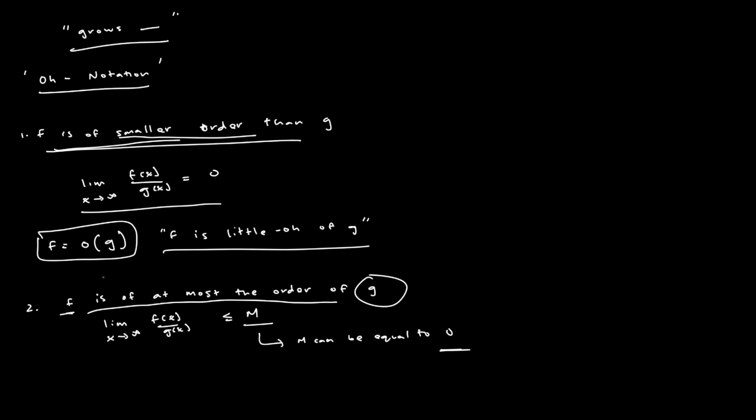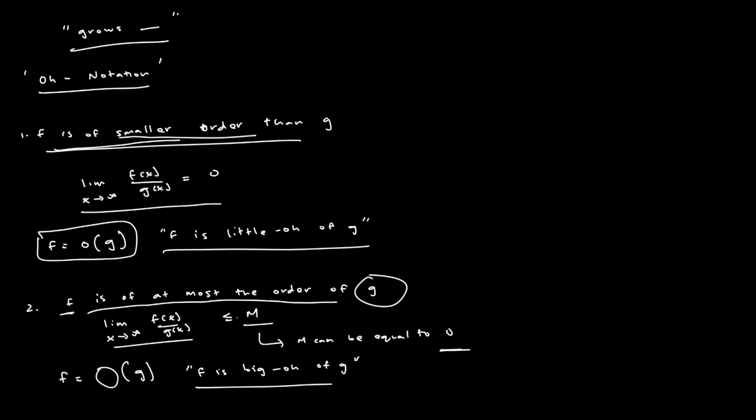It's not as strict of a comparison as the previous notation of f being little o of g, because that implies that f has to grow at a strictly lesser rate than g. But in this other case, where f is of at most the order of g, we write it as f is equal to a capital O of g, and this is read as f is big O of g. And this implies that f could be growing at a slower pace than g, in which case this limit evaluates to 0. But f could also be growing at the same rate as g, in which the limit will evaluate to a